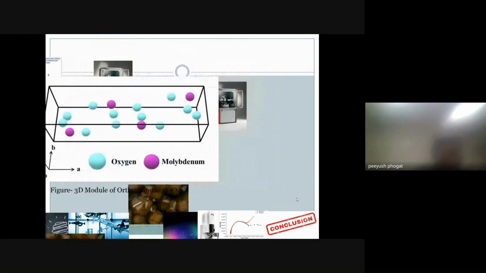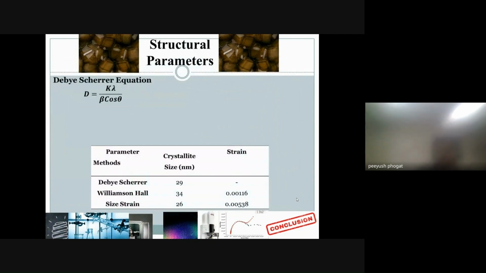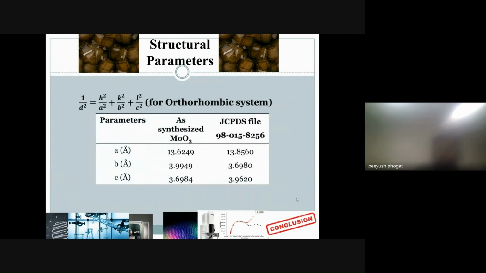So talking about the crystallite size and strain being an important part of a nanomaterial, we have calculated the crystallite size using the Debye-Scherrer equation for the single phase molybdenum trioxide, which came out to be 29 nanometer. Now, the Debye-Scherrer equation works on the assumption that there is no strain present in the material. To know if there is strain present in the material, we will use the lattice parameter. We have calculated the lattice parameters for an orthorhombic system using the equation, and we find that there is a deviation between the as synthesized sample and the JCPDS file data, which means that there is some strain present